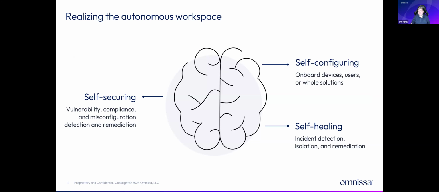In self-securing, what we want to be able to do, and we're starting to do, is detect a vulnerability or a compliance issue. A patch isn't applied, or a setting that we require for PCI compliance isn't done. And the ability to not only detect that, but kick off an automated remediation. And then self-healing is where we detect an incident like an app crash, go through a guided root cause analysis, and eventually automatically remediate that. Now, we're not there on all of this, but this is what we're designing towards. This is where we're leveraging things like AI and machine learning.